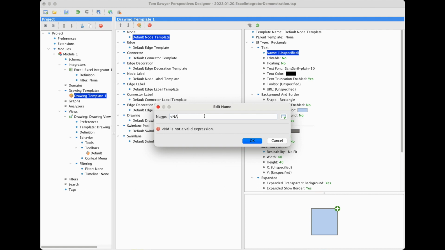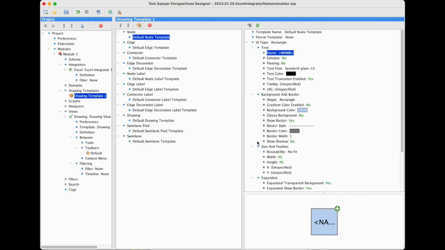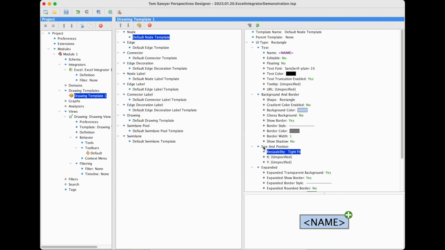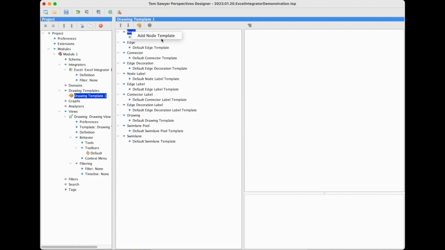So first we're going to set a label. I happen to know that the field I want is name, but you could check your schema. And I also want to make sure that name displays well, so we're going to change the setting from no fit to tight fit, and then we get to see the preview of what those nodes will look like. So that's a great default, but now we want to distinguish